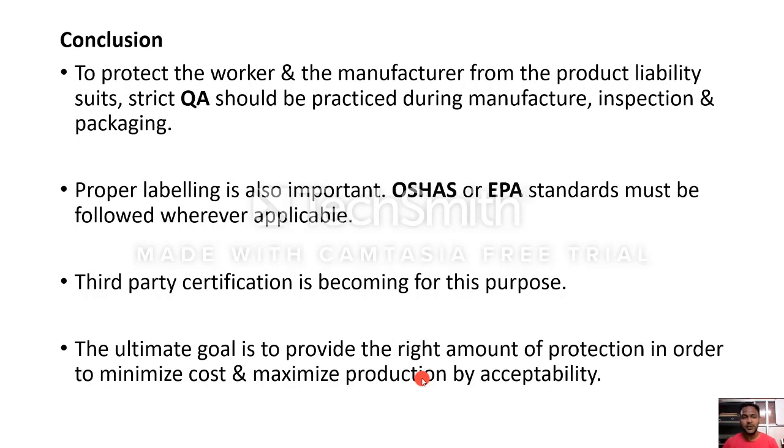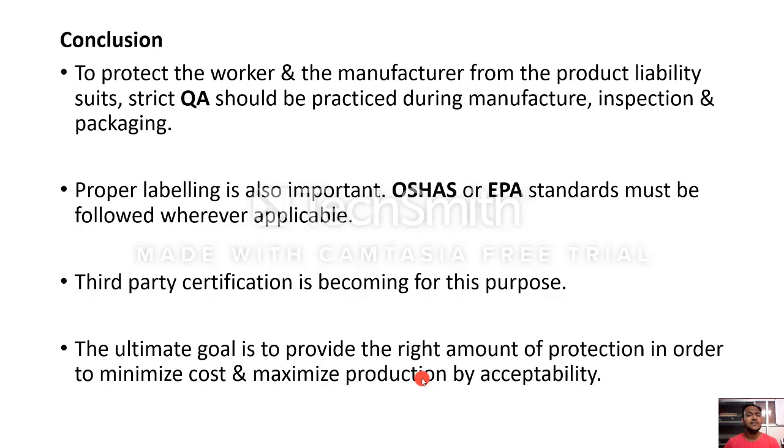So now we have come to the conclusion. Before going into that conclusion, one of the things you should know is that with the chemical protective clothing you are using, you should not allow the material to contaminate. It should have good contamination resistance. If the material gets contaminated on the outer surface, you can easily clean it with a water solution, a soap or a solvent. But if the contamination occurs on the inner side of the garment, it will be difficult to clean. So it should be protected from contamination.